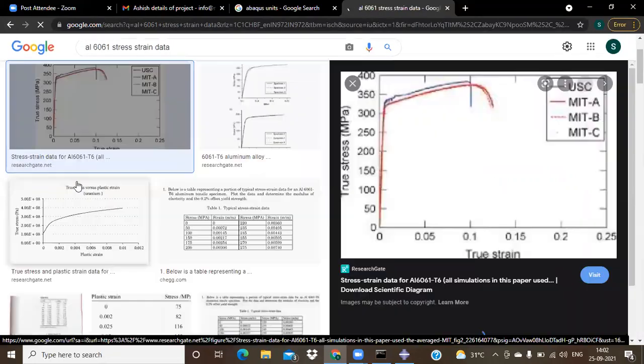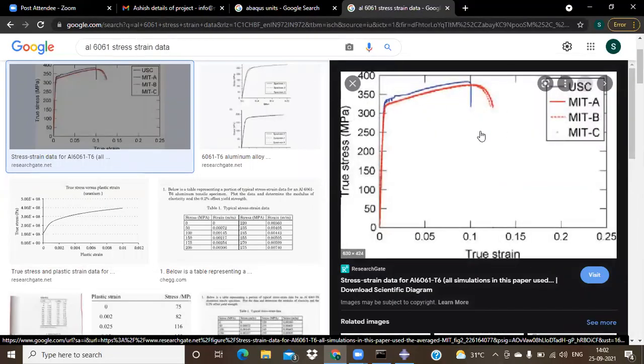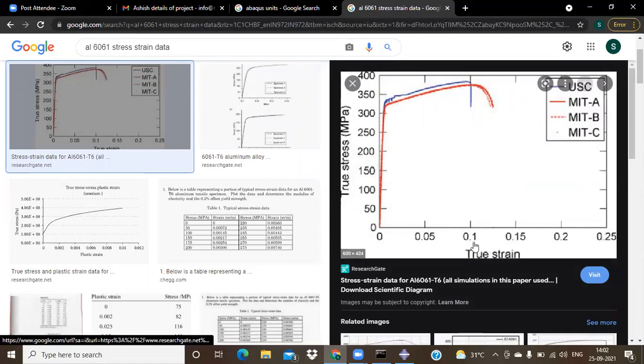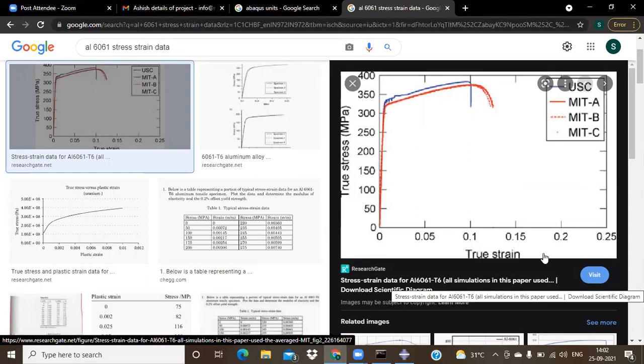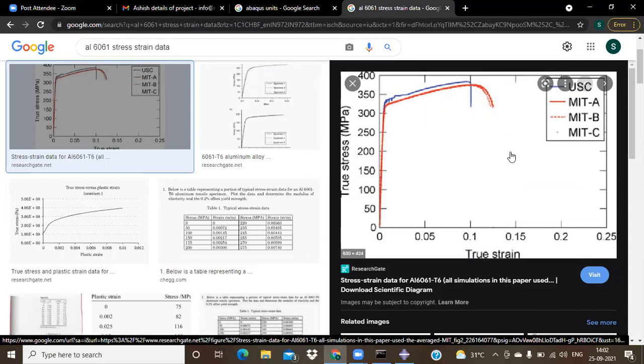Yeah, you can see these kinds of curves for any kind of aluminum. This is an engineering stress versus engineering strain curve. You have to convert this information and then feed those particular data in. Now this is for aluminum 6061 T6, used for simulations, maybe for different specimens and all. Now let me click on this.